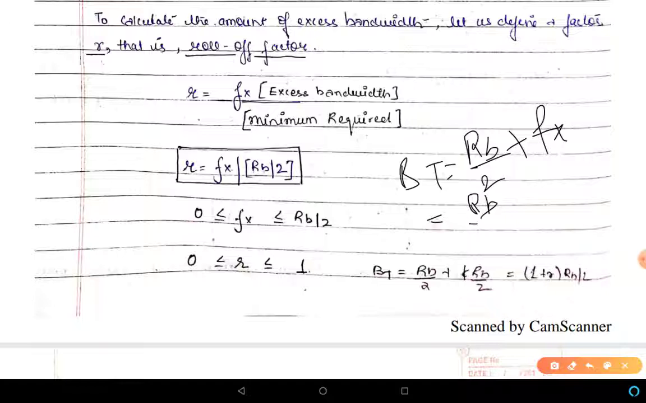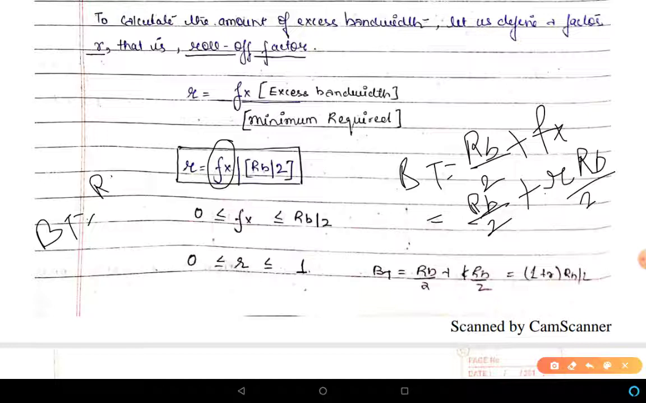So we can say that it is RB by 2 plus Fx, which can be written in terms of R and RB by 2. So that becomes R into RB by 2. So your transmission bandwidth becomes RB by 2 into (1 plus R). This is your total bandwidth in case we choose a pulse that is called a Nyquist 0 ISI pulse, and